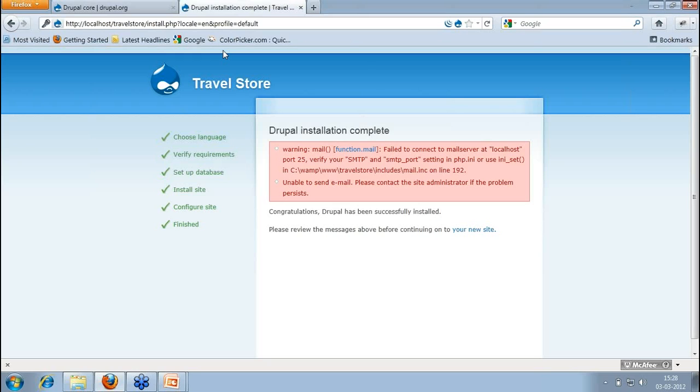In my local environment, I have not set up the email SMTP ports, and that's the reason it is giving an error. It has failed to send the mail. Because you know the login name and password, everything, that's fine right now, but make sure your mail server is working before you install it if you are using a remote environment.